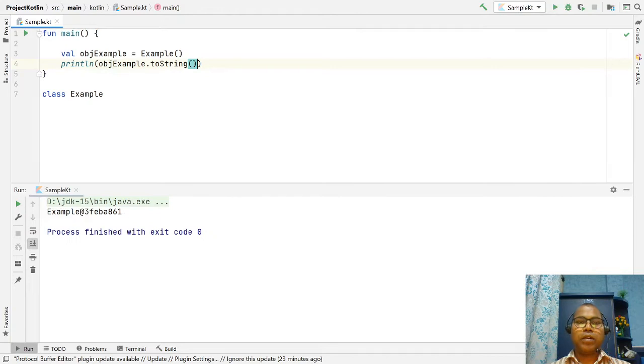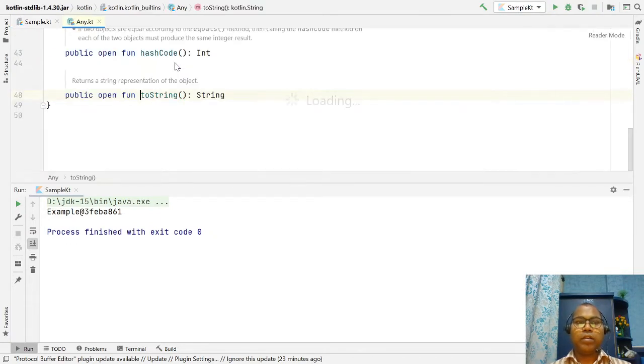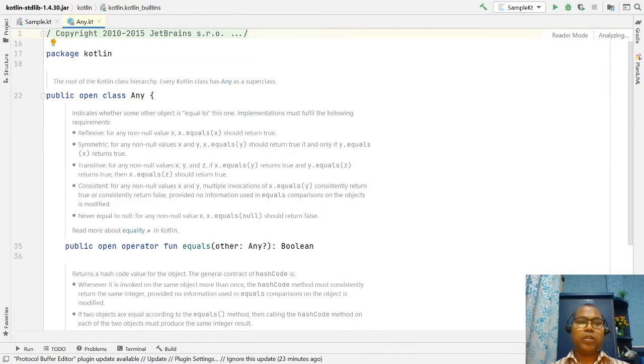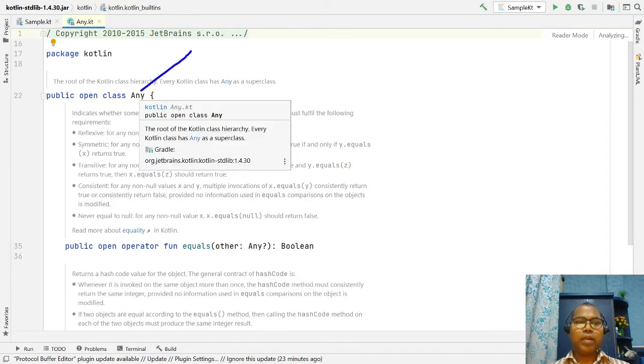If you look, these methods are defined in the Any class. The Any class is a public open class. That means by default all the Kotlin classes would be subclasses of the Any class.